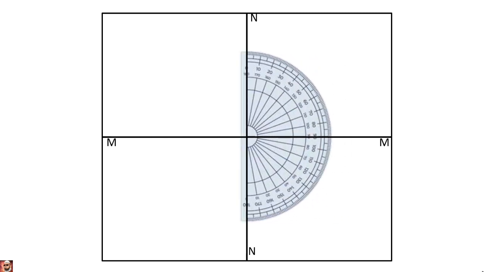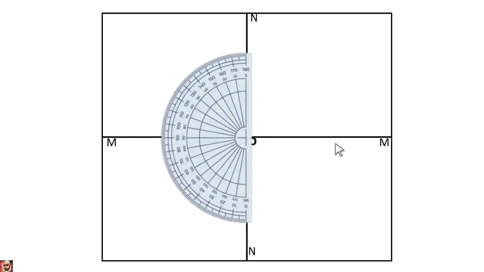Take a protractor and place it along NN in such a way that its center coincides with O, as shown in the figure. Then mark the angles from 0 degree to 90 degree on both sides of the line NN. Now if you see, this is 0 degree, 10, 20, 30, 40, 50 up to 90 degree; you have to mark it. In the same way, on the other side, 0, 10, 20, 30 up to 90 degree you have to mark. Repeat the same on the other side of the line NN.